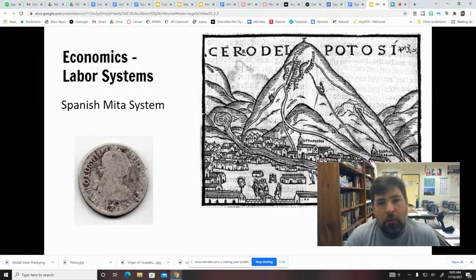People who are being sent to work in the mines are having funeral services for them while they're still alive before they go, because it's basically a death sentence. If you go to work in Potosi, you're going to be dead. And all of that silver is being extracted and sent back to Spain. And then through this global network, the silver is circulating around the world and ending up in